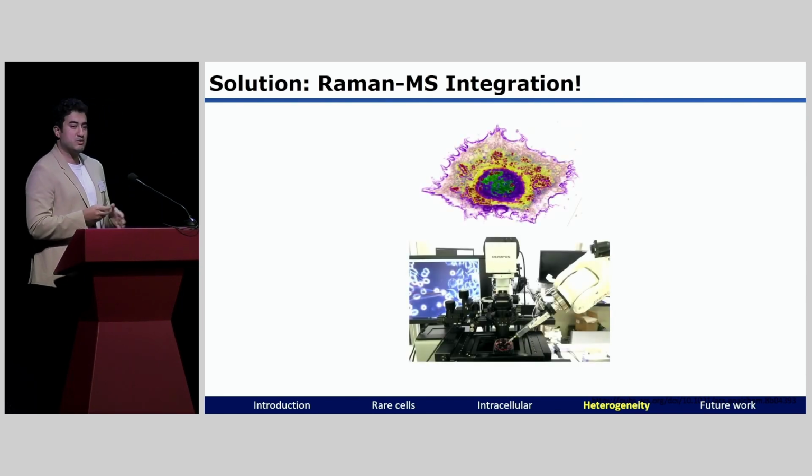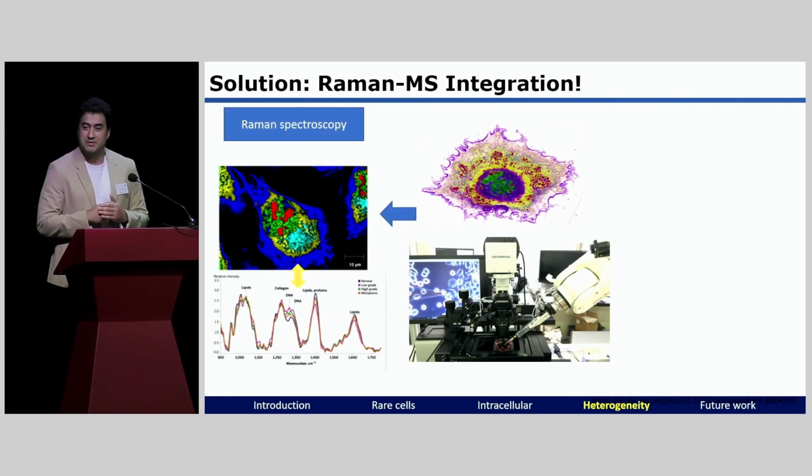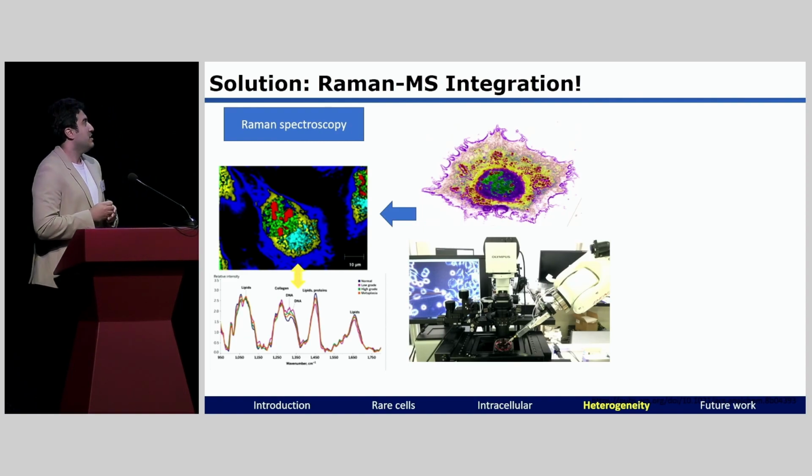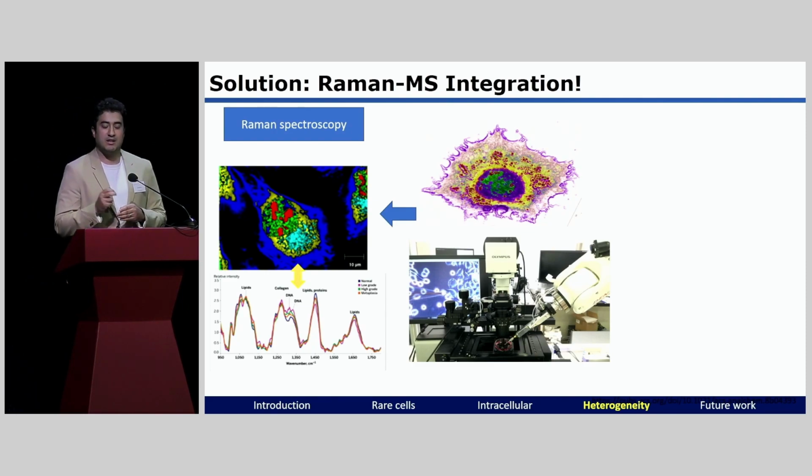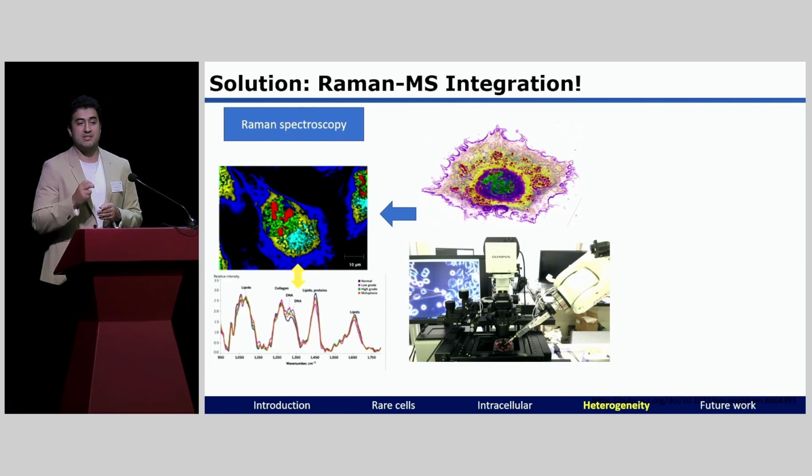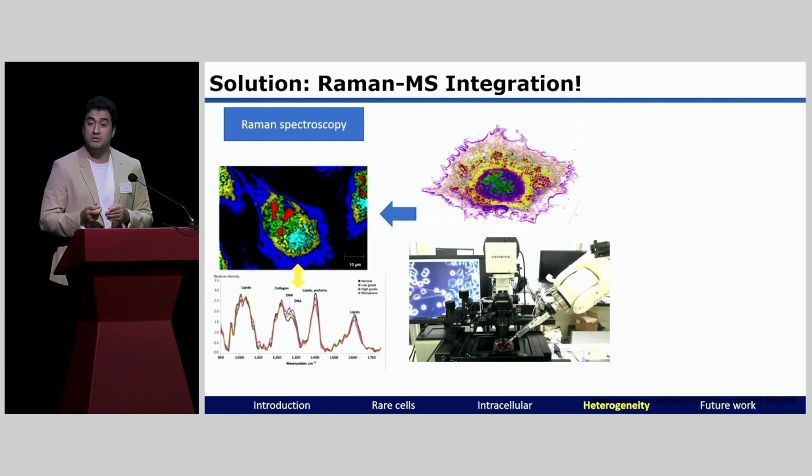So what we did is we had a cell, and we looked at the cell under the microscope, and then we shot it with a Raman laser. Raman is another spectroscopy technique. I don't know if you're familiar with it or not. It's relatively non-invasive. I know we say shoot it with a laser and everything, but at least the cell is alive for a bit after we measure it with Raman. Raman is very good at getting a fingerprint, basically, of the cellular state. It's not selective at all, but this is all we need to see